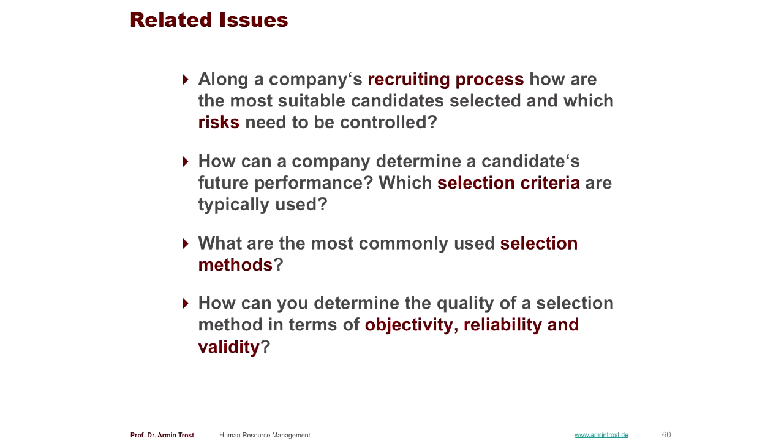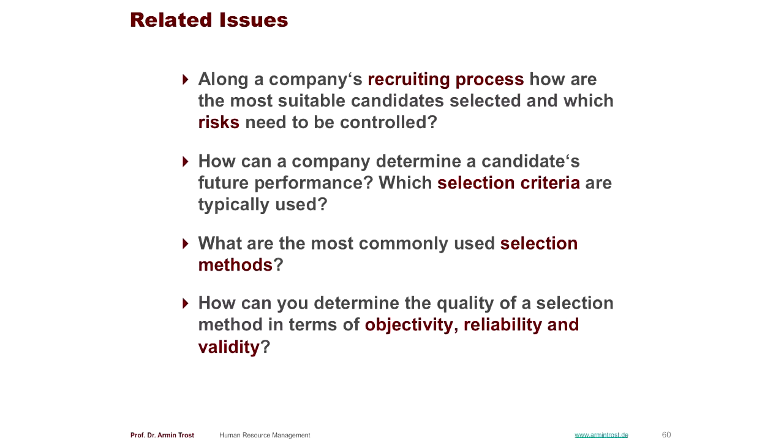Then a big chapter will be the different selection methods. We will talk about tests, interviews, how companies use the CV, and the assessment center. We talk about all these different things. And at the end, I want you to have a real idea about why and how companies do this.